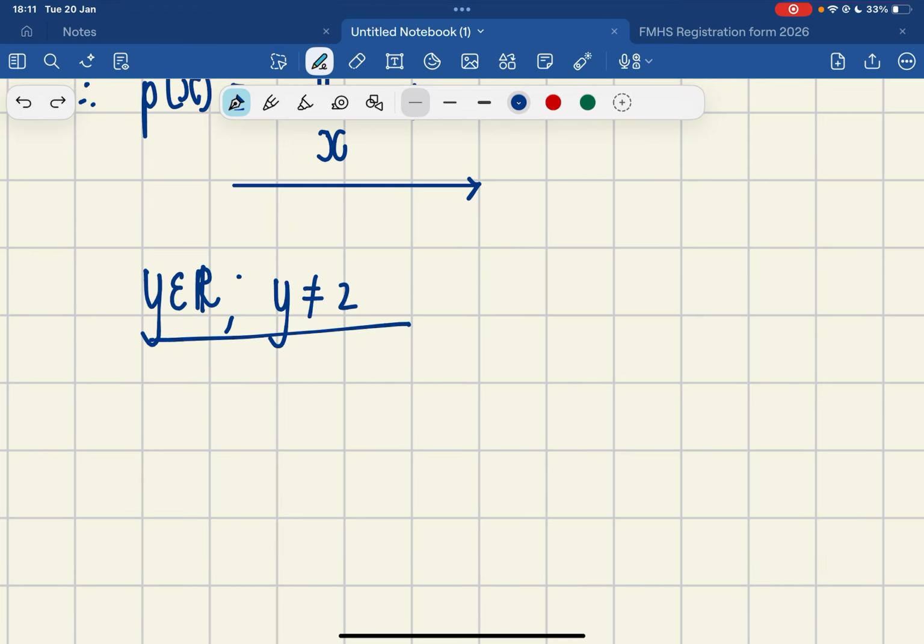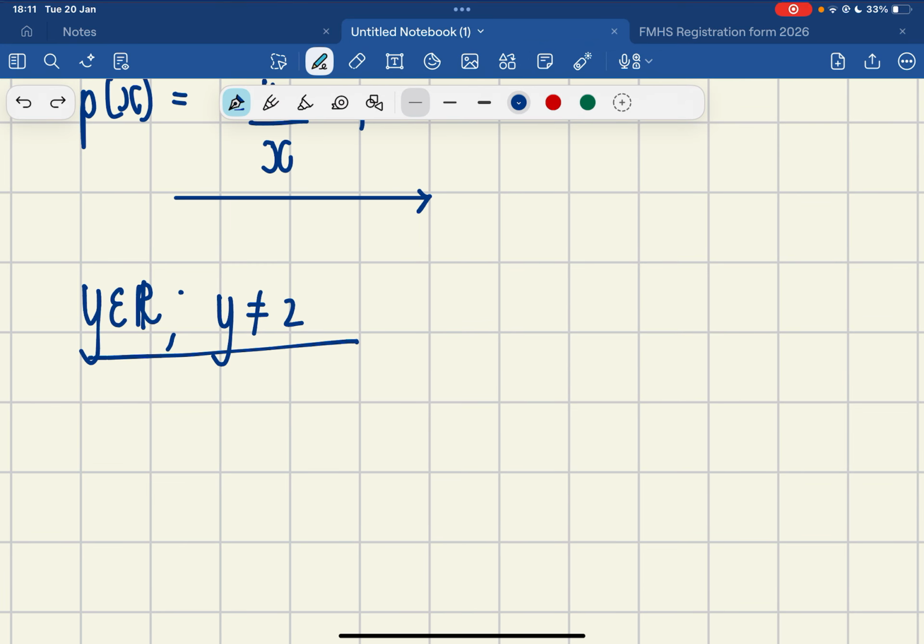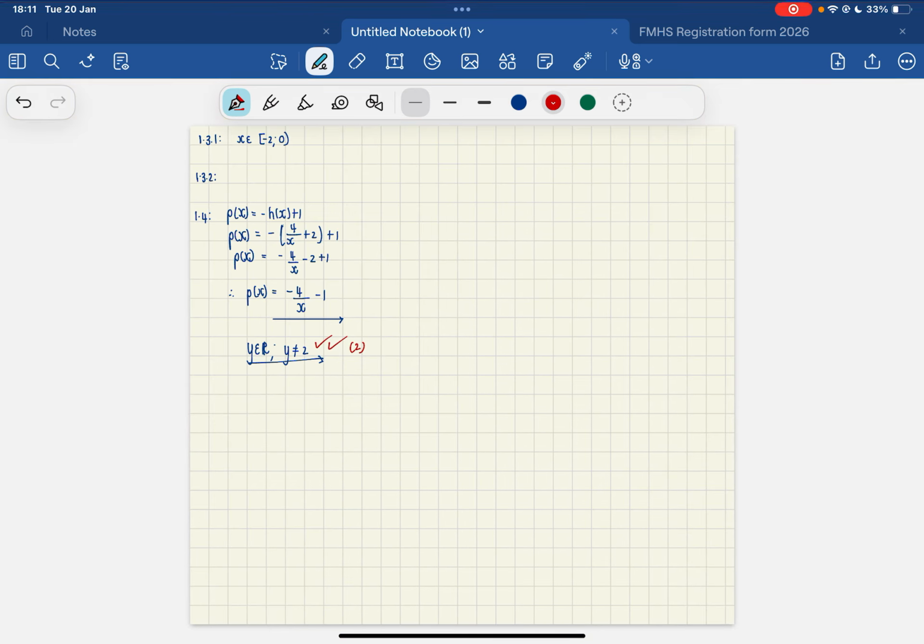So that being said, we just need to take this back a bit. Okay. This pen is acting up, boys and girls. Just 1 second, bear with me. So that being said, in such a case, that would be your new range. And you get your full 2 marks. Now, this is something I